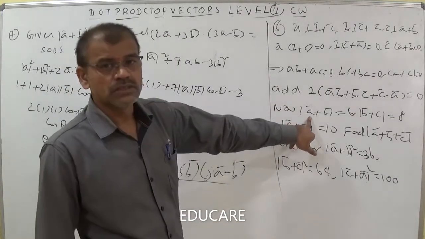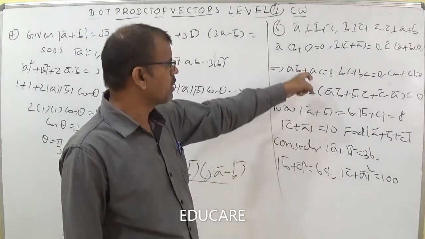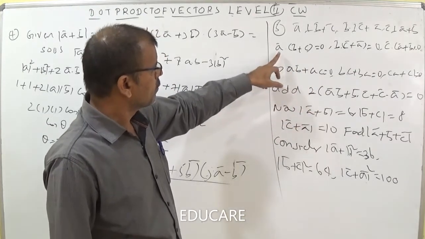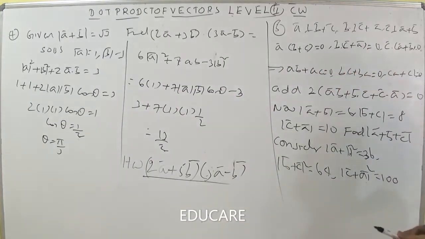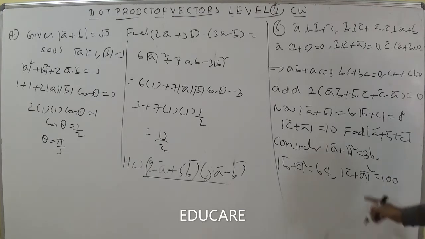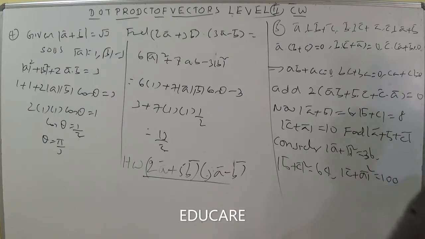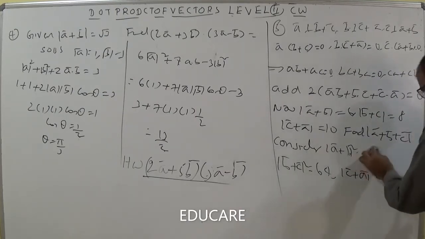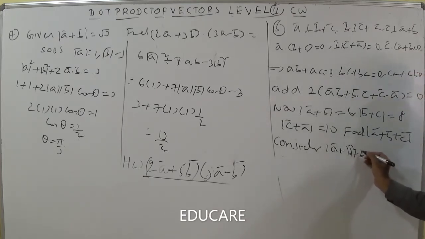You may get doubt, sir, a plus b whole square formula a square plus b square plus 2ab. Among the 2ab, a dot b becomes 0. Wherever, if you total all these values, directly I had written a bar plus b bar whole square plus b bar plus c bar whole square plus c bar plus a bar whole square. If we add all these sums, we get the value 2 into ab plus bc plus ca equal to 0. That is why I am saying about 36 plus 64 plus 100. If you are getting any confusion, I am writing like this. Simply consider like this: a bar plus b bar whole square.